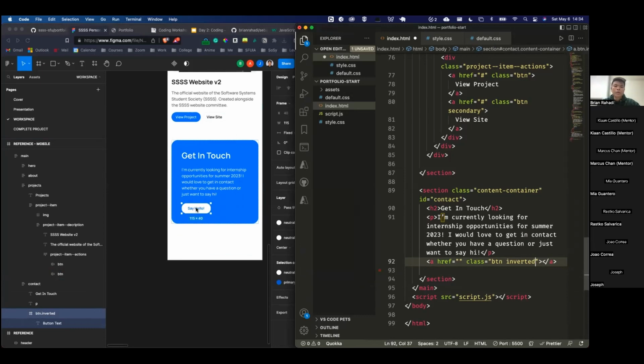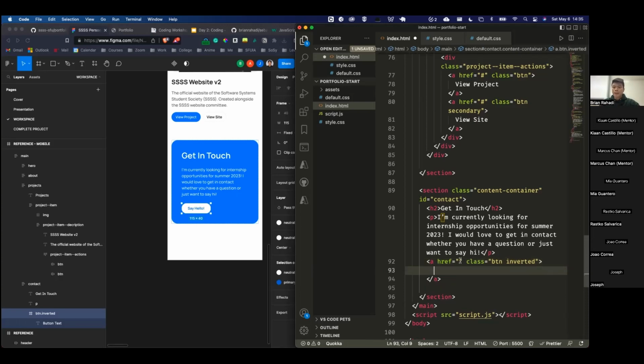With the inverted, I think this is a very good principle in UI design. Inverted means the color is the background, and the background color is just the color. So it's just inverting things. And I think you can see this similar design applied to many websites. And we are going to use this inverted design, and we are going to code it later on in the